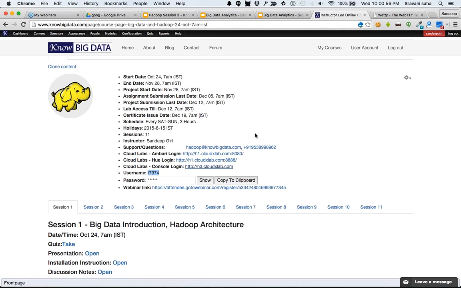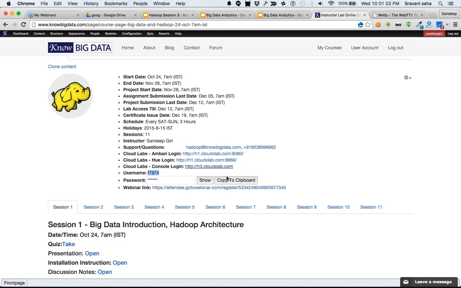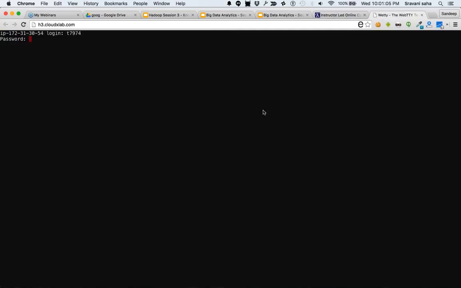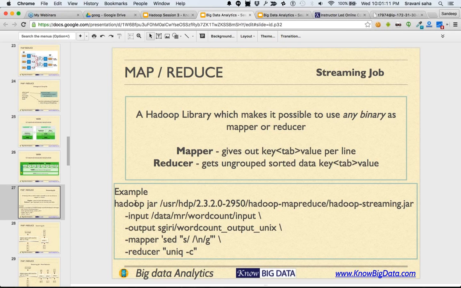So you can go to the console here and log in using the login and password which have been provided to you. All right. And then inside here, this command which I have put in.